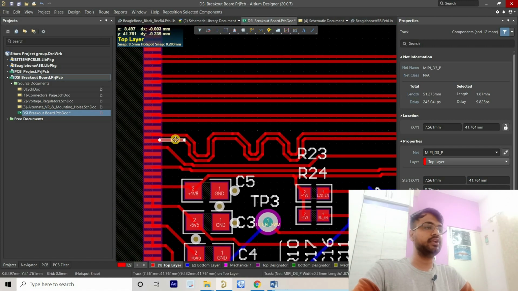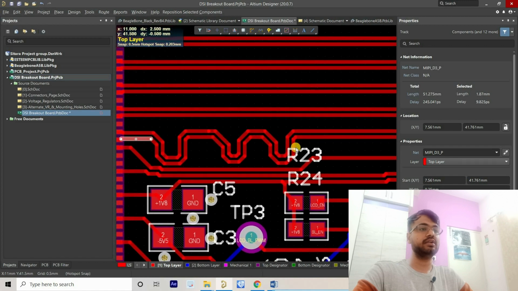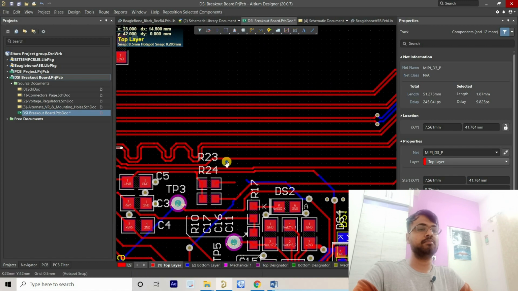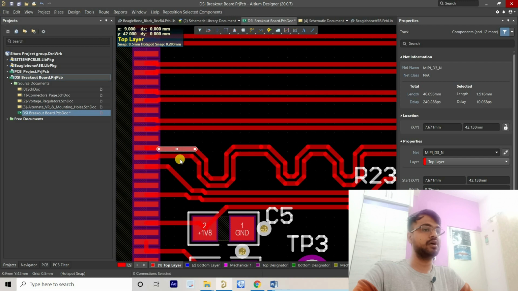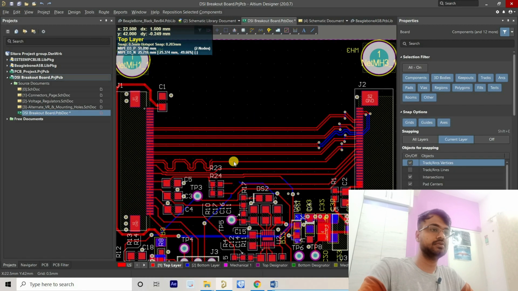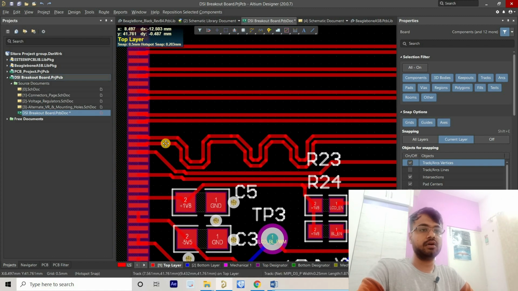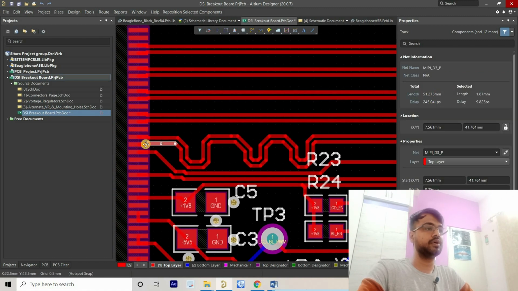As you can see, one track of this differential pair is coupled, right? So one track is coupled, and you have to do the single-ended length matching for this one. So in this section, I'm just pressing Ctrl Z. Yeah. In this section, you can see one track is 51 mm, right?